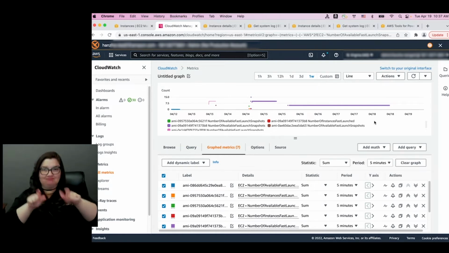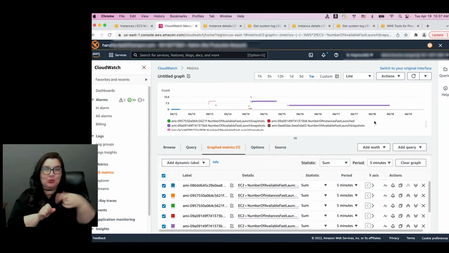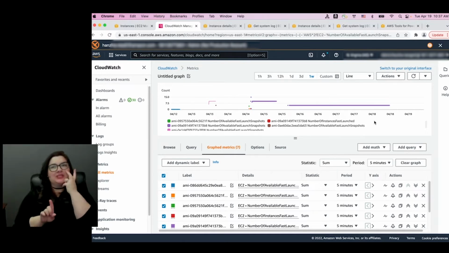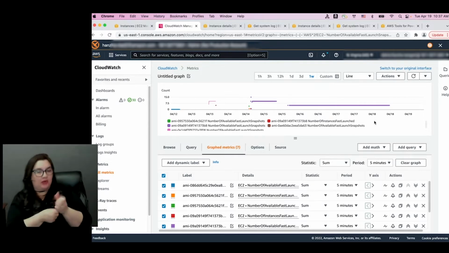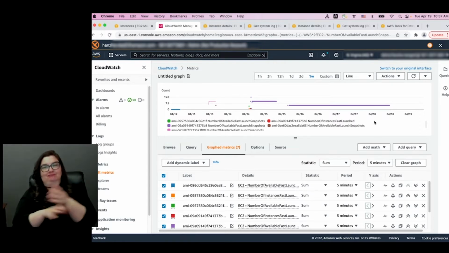We capture CloudWatch metrics so you can actually see the results of your faster launches. Oh, so I can actually see the performance improvement in the metric? No, you'll just see the actual summary of the information that happened. Okay, gotcha. We'll show you also within the logs, you can actually see how the launch was faster. Right. Okay. Wow.